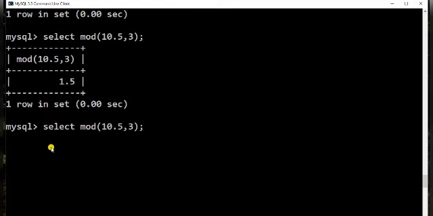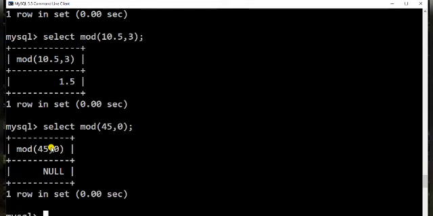And as you know, in case we have the second parameter as 0, anything divided by 0 is not defined, so it will give you null. I hope the mod function with constant values is clear to you all.